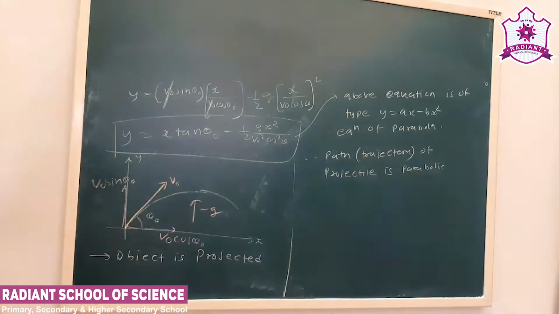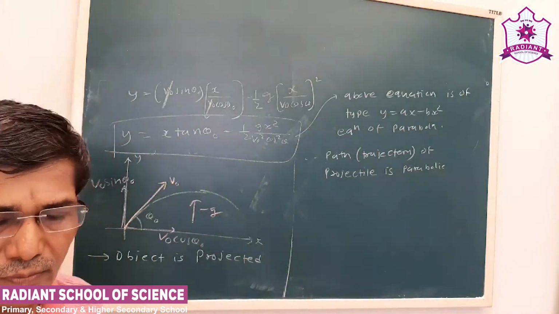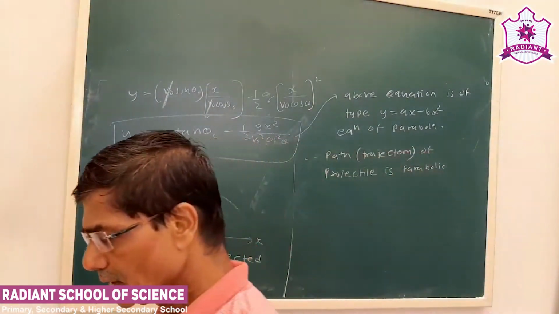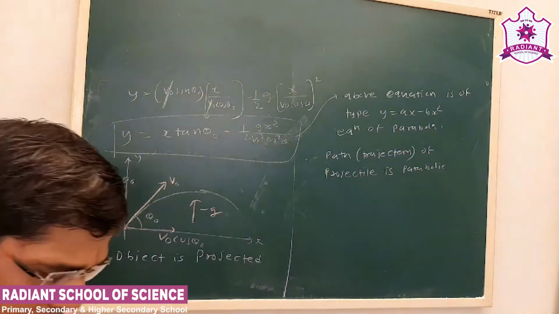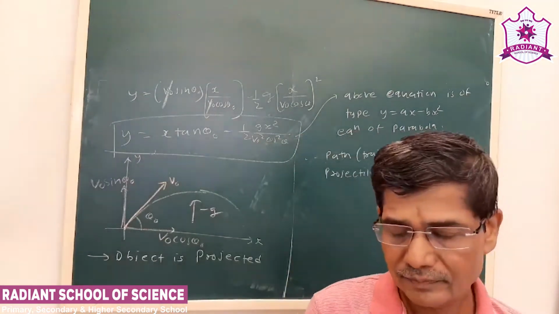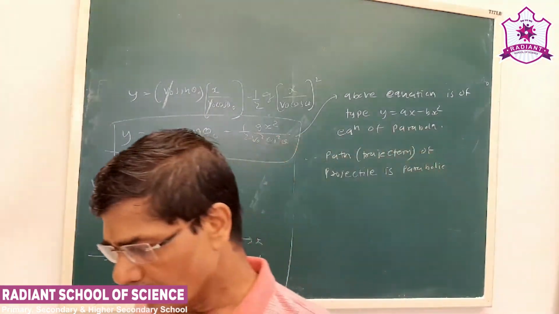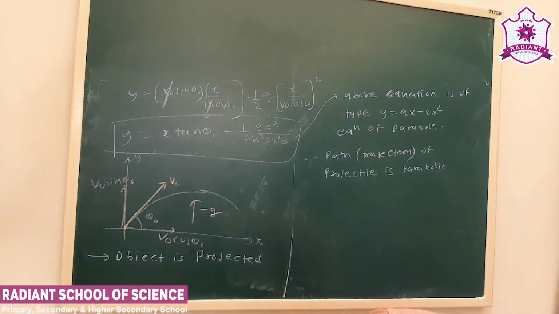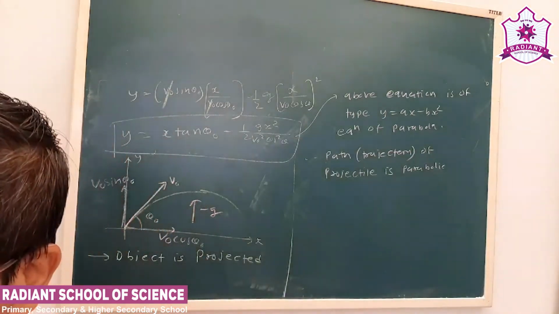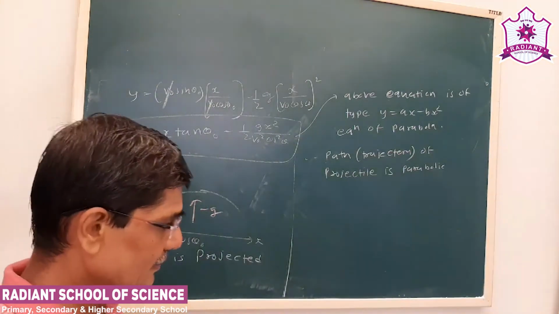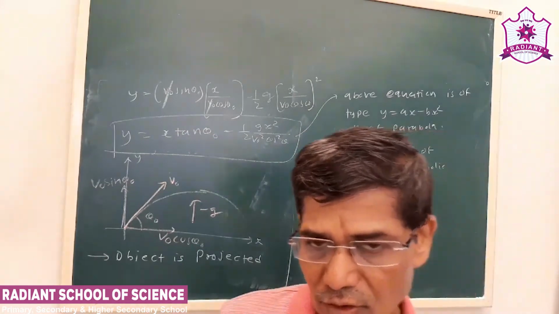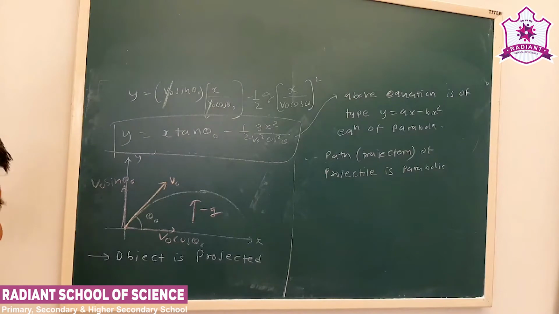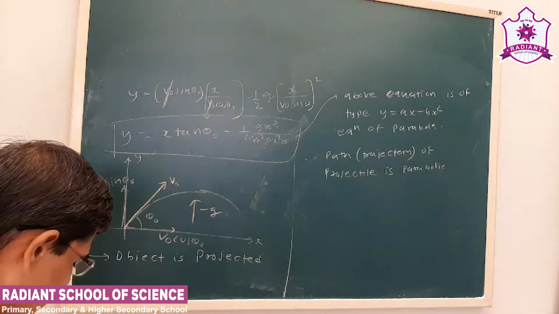Now see, up to here, if they ask, it will be a 2-mark question. So what we have seen, what is projectile motion? When a body is thrown in the gravitational field of the earth by making an angle with the horizontal in such a way that it moves with a constant horizontal velocity and constant vertical acceleration, then such motion is called projectile motion. We have also proved here the path or trajectory of a projectile is a parabola.